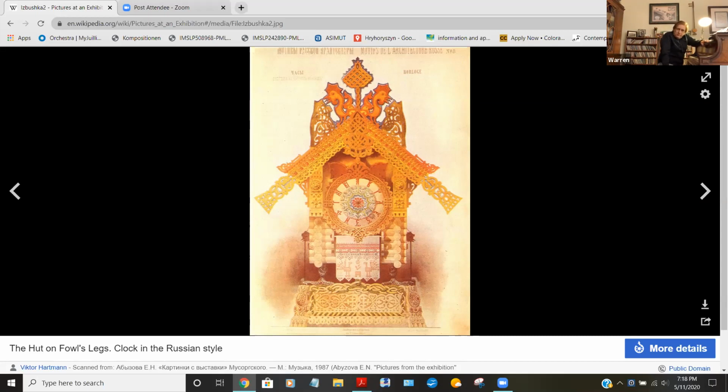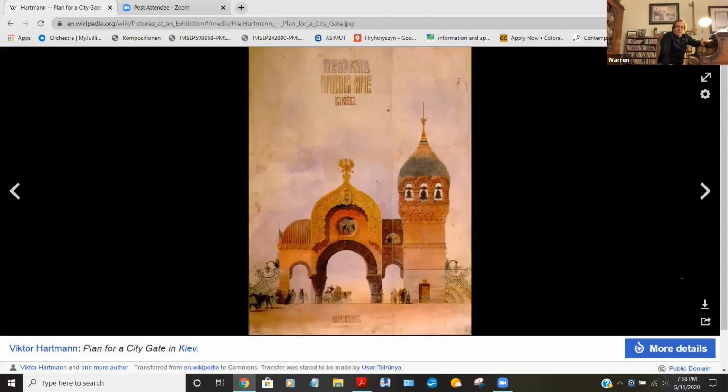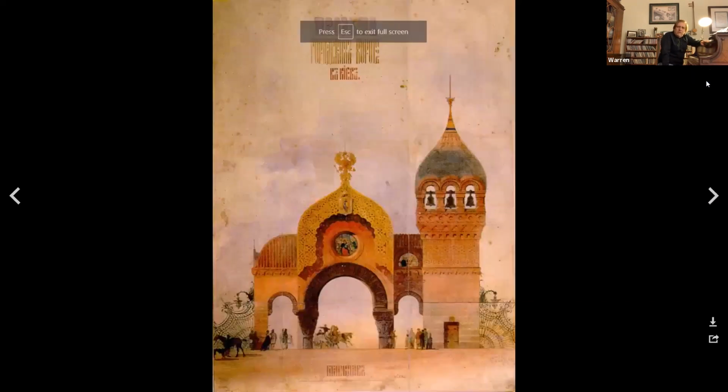The last one is the famous Great Gates of Kiev. I was very disappointed to discover that the Great Gates of Kiev never were built. It was a plan for this to be built. I've been to Kiev, and they have catacombs, but they do not have a Great Gate. And this extremely majestic piece that you all are familiar with was, in fact, based on a plan that never came to fruition.